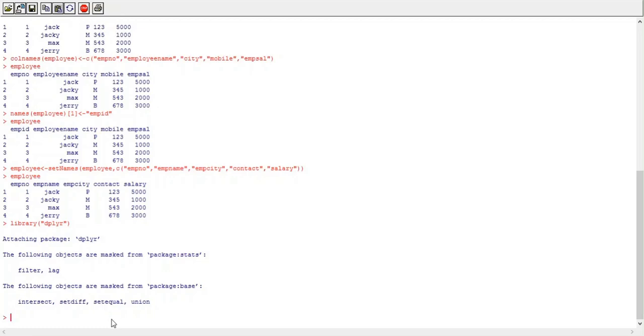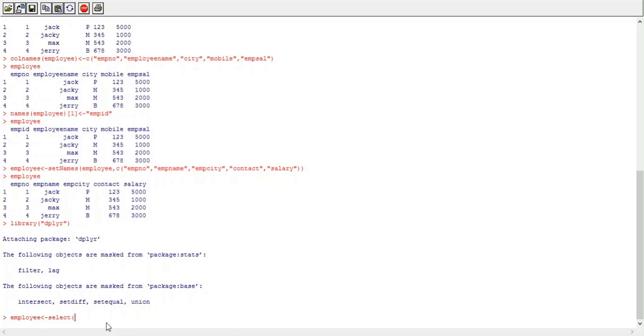So here, suppose I want to delete the EMP CT column from the employee data frame. So the syntax is, first write down the name of the data frame, that is employee, equal to the name of the function, that is select.